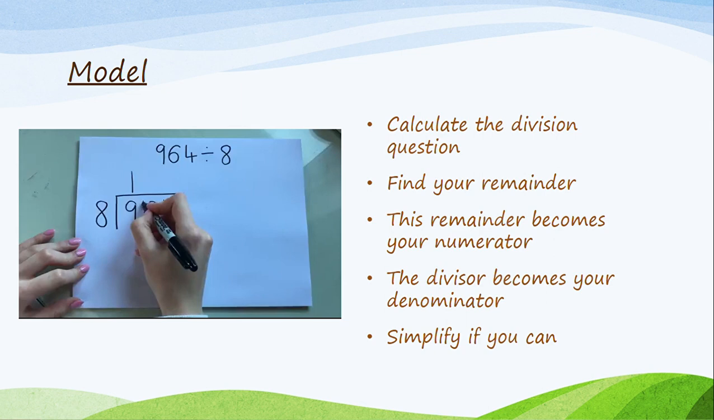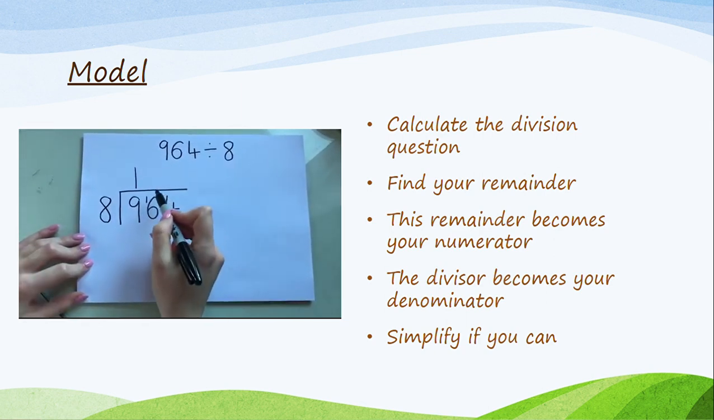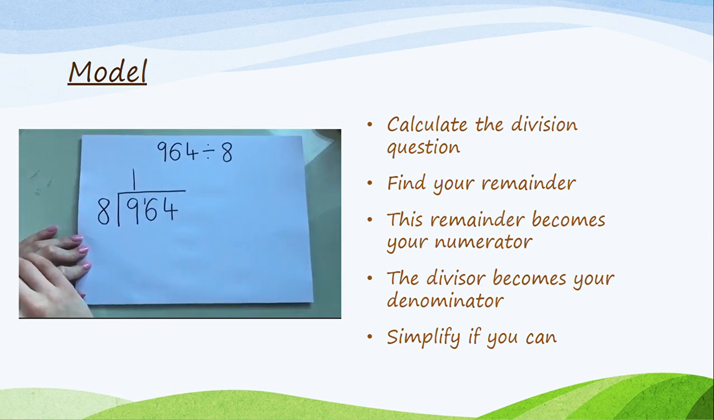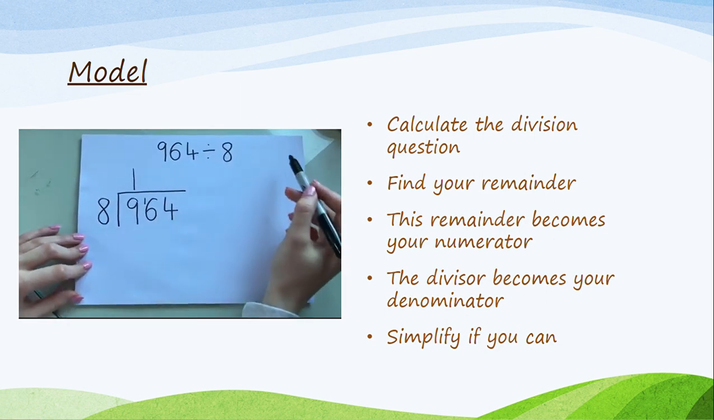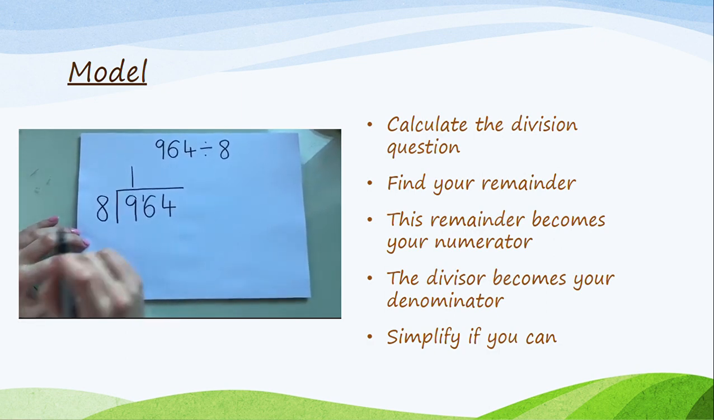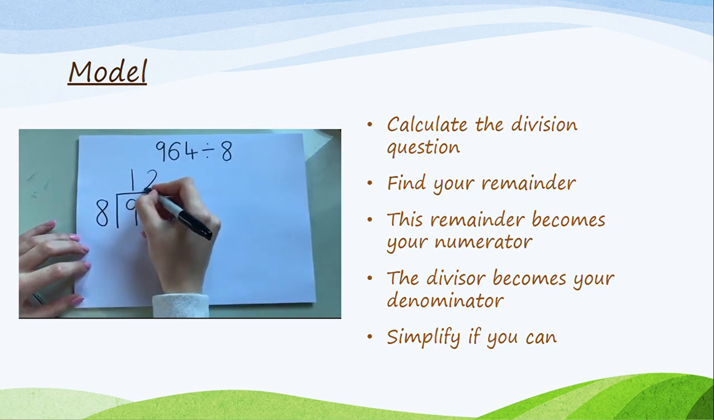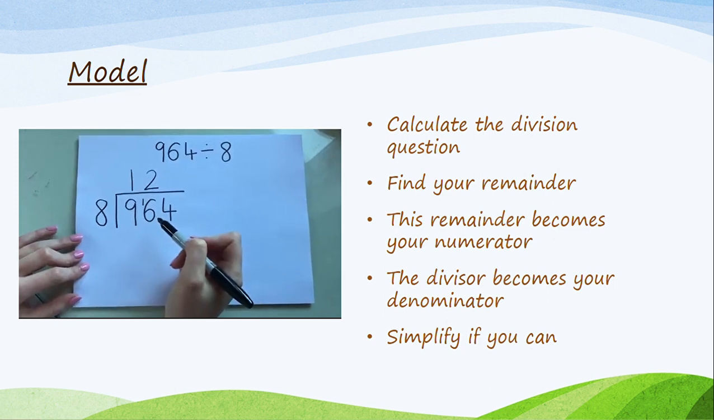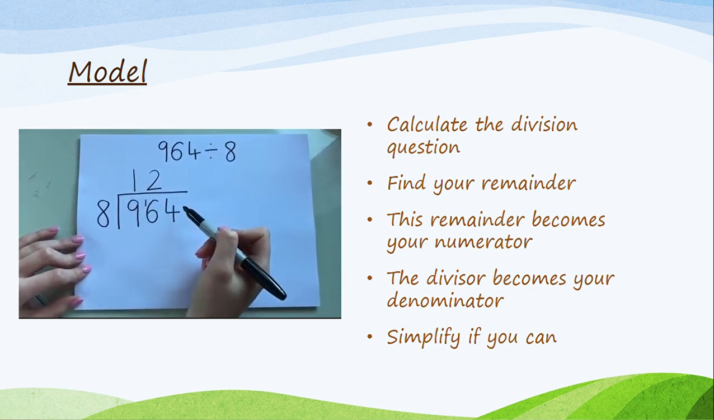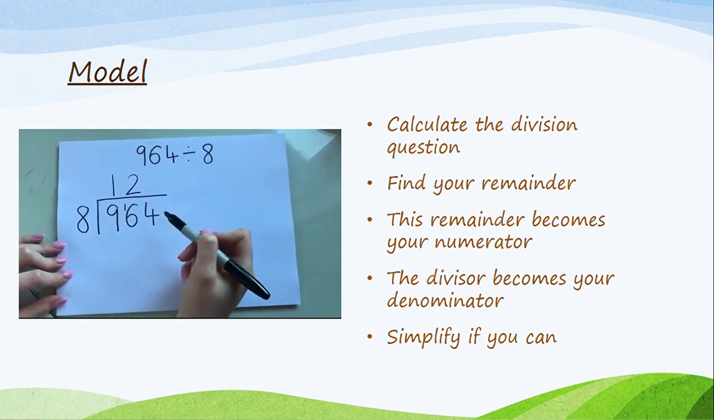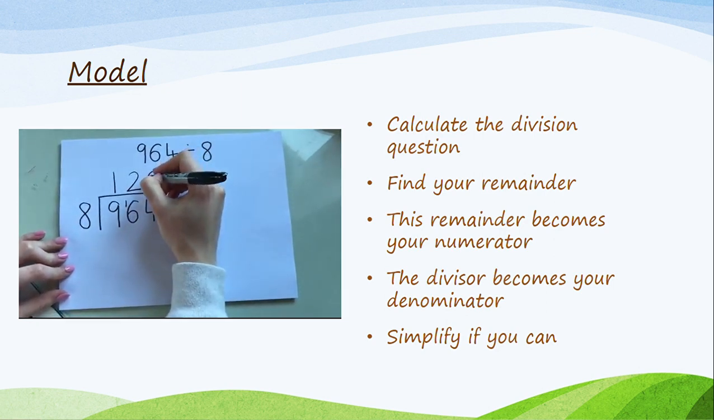So I carry the 1 into the next column, and now I have 16 in the tens column. And now I need to work out how many 8s are in 16. And if you want to count your 8 times table and write it down, you can do. And you will see that 16 is 2 lots of 8. So 2 goes in the tens column at the top. Now because 2 lots of 8 is 16, there's no numbers that we need to carry across because we haven't got any difference. Now I need to do how many 8s in 4, and the answer is 0 because 8